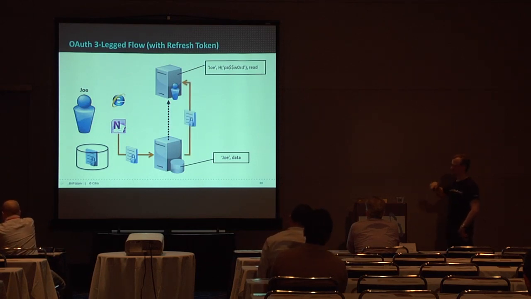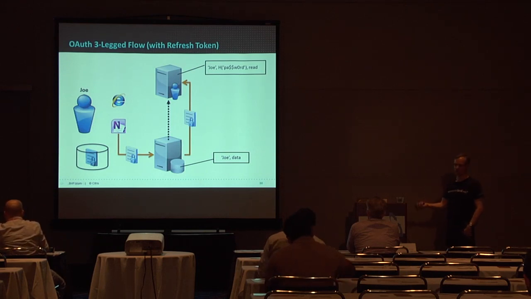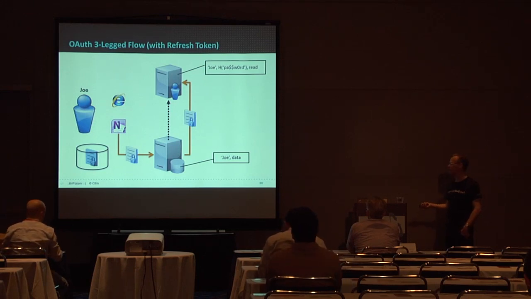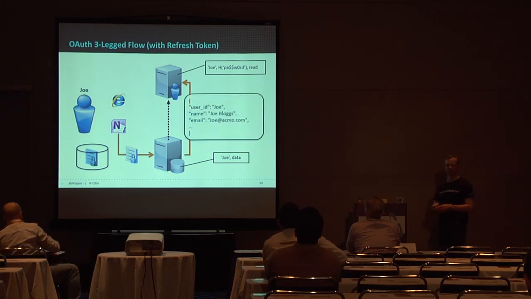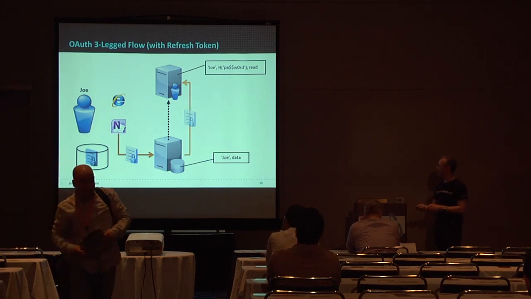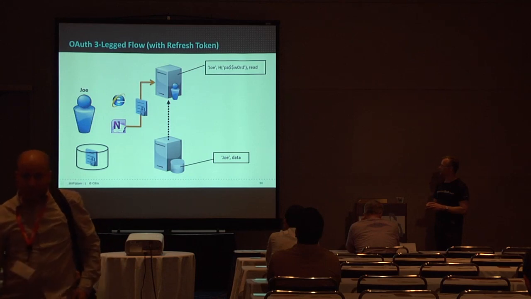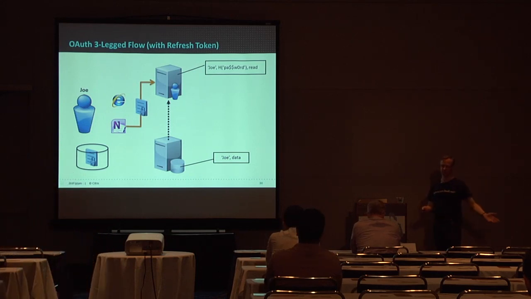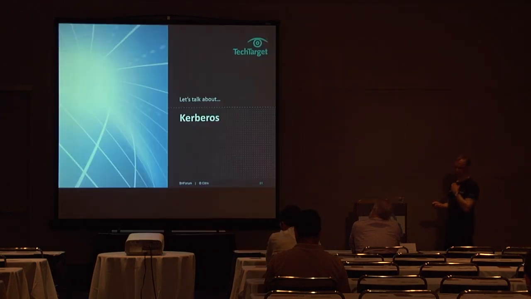And quite often, because these things are just little lightweight numbers now, they don't have any real information in them. The service provider has to call back to the identity provider in real time to find out what information actually goes with this that they might need to know. And they might get back little lightweight JSON data structures that say who the user is and their email address and stuff like that. And then obviously the application can, whenever it needs to, just use the refresh token to go through that second process automatically. So really that's what the whole token-based models look like. That's how SAML and OAuth work.